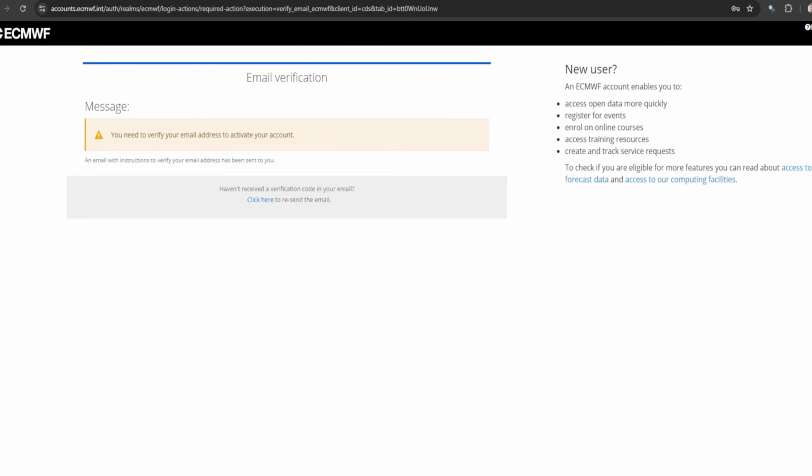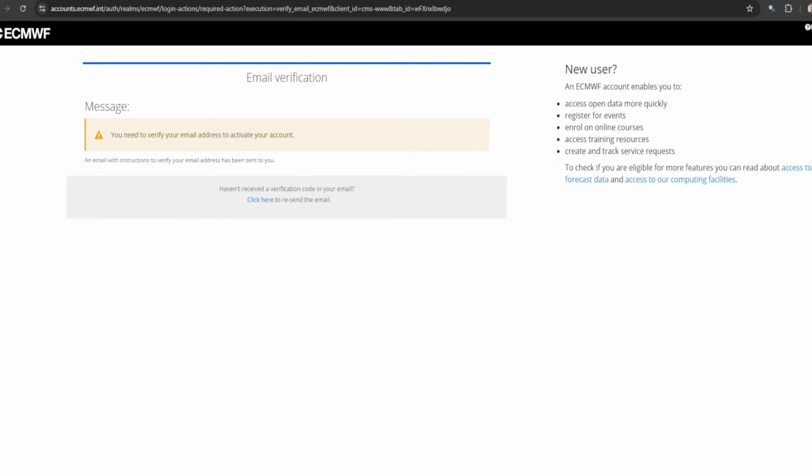Once you fill out your details and click on the register button, you will be redirected to a new window that is going to ask you to head back to the email address you used for the registration and then activate your account through the email that you got. If you haven't received the verification code in your email, or you haven't received an email at all, while you're still at this page, you can just click on this link here and this will hopefully resend the email. If you did receive the verification code in your email and you managed to activate your account through the email, what you can do next is simply click in this upper